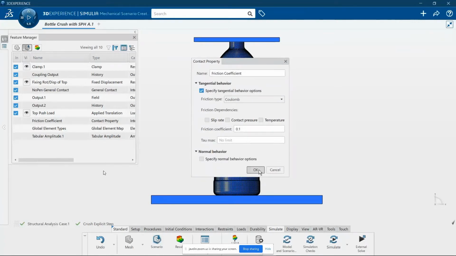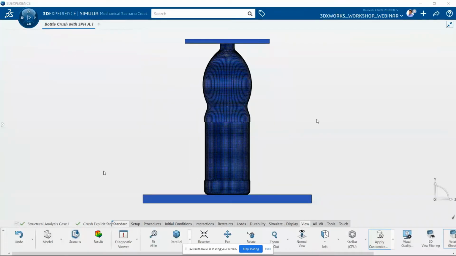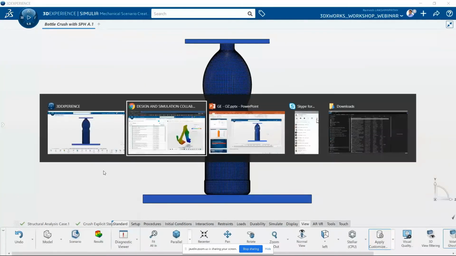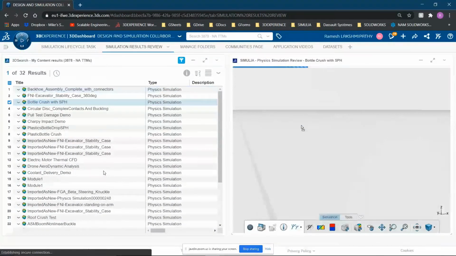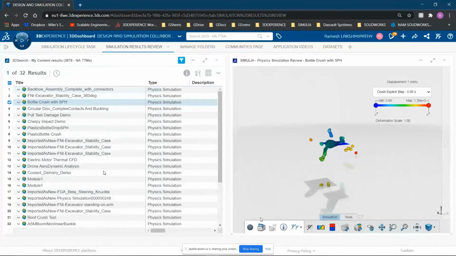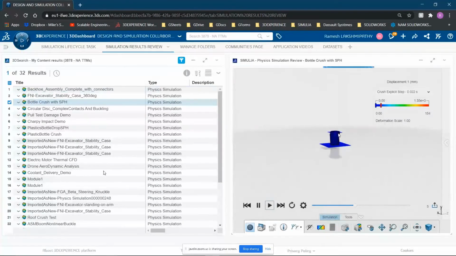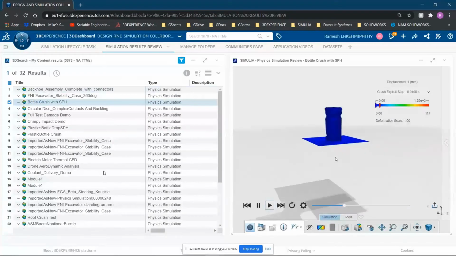And let's go ahead and take a look at how you could share and collaborate with other people. So here are some other examples of models that I've solved. So there's also the ability to, there's a 3D Play app, or the Simulia simulation review, which is kind of like the